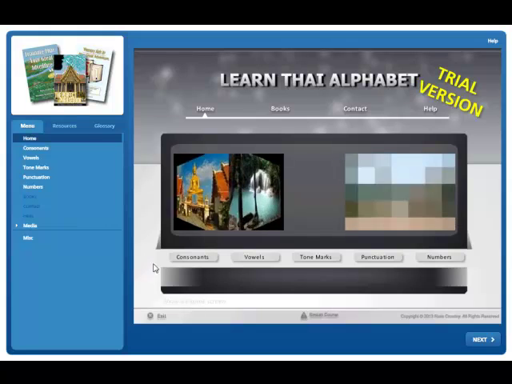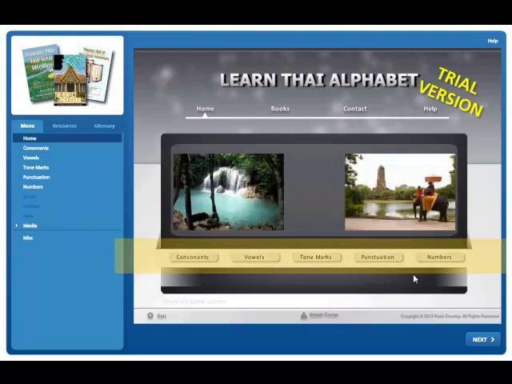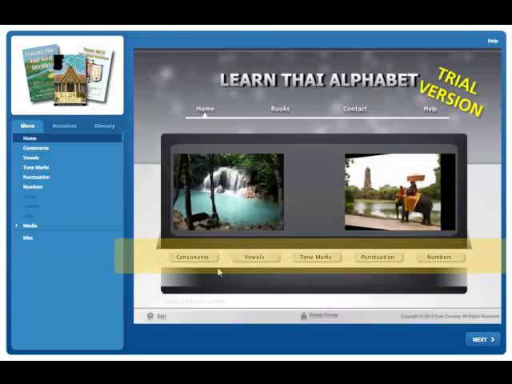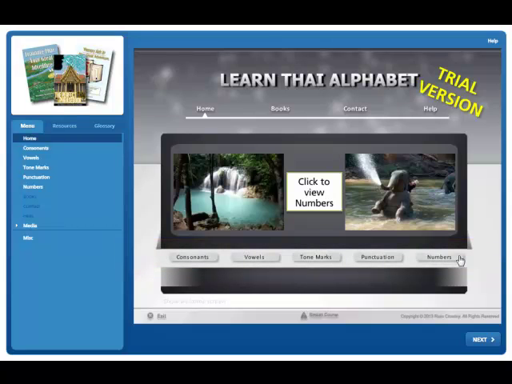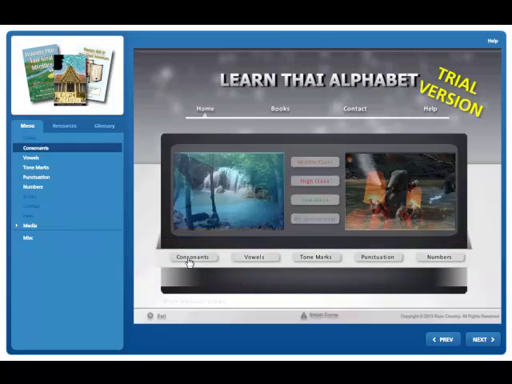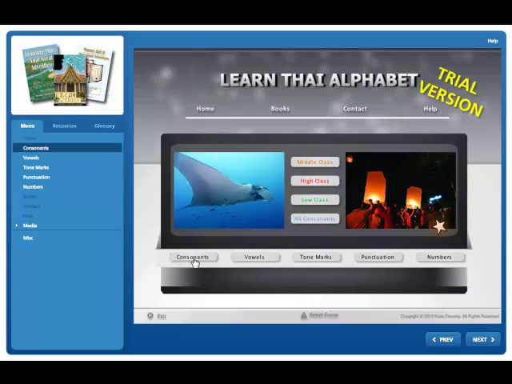And then moving down, we have the navigation buttons just beneath the pictures. Consonants, vowels, tone marks, punctuation, and numbers. Everything you need to know to learn the Thai alphabet. We start with consonants, and we click on the consonants button, and then this fixes our consonant buttons in the